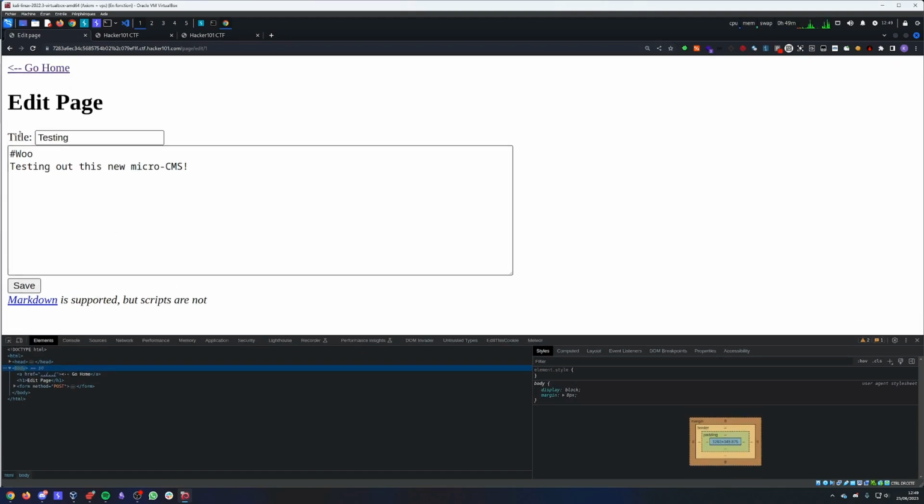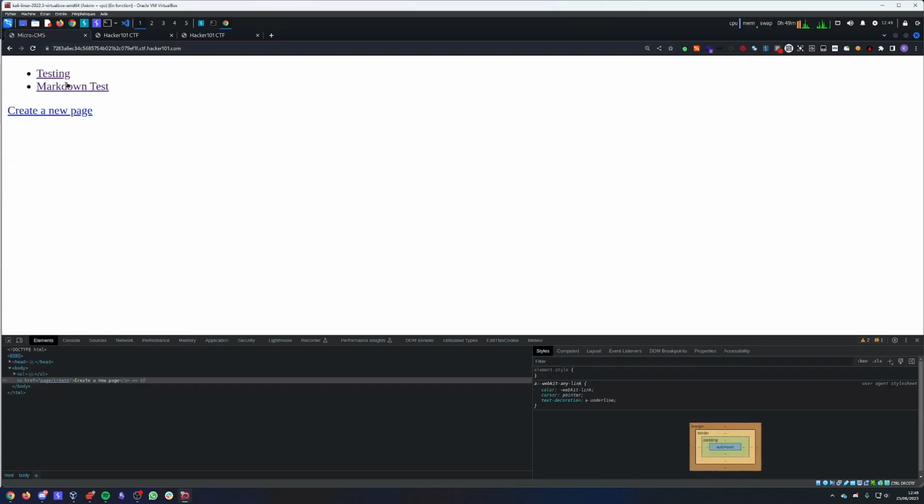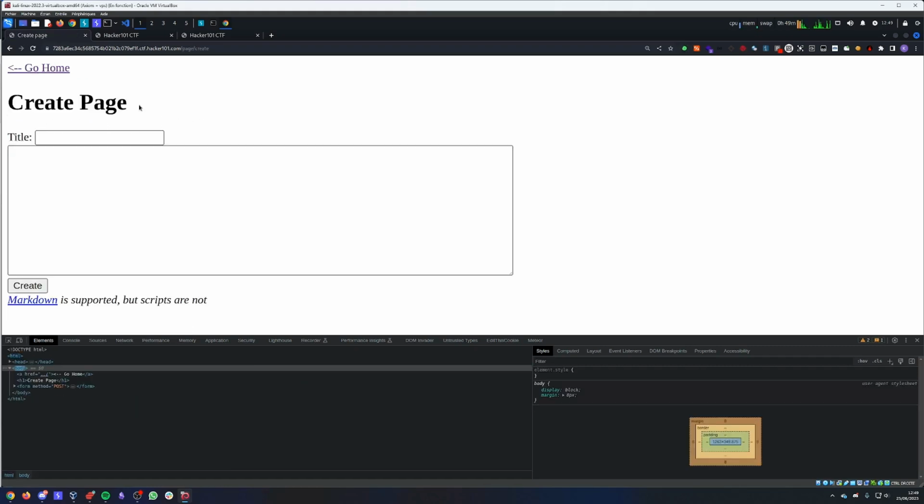a text area with a title, a content, and a button, and it's explained to us that Markdown is supported, but scripts are not. So we might have to do something with Markdown anyway. We can also create a new page, and create new page brings us to page create with a title and some text. So let's be a bit stupid and just